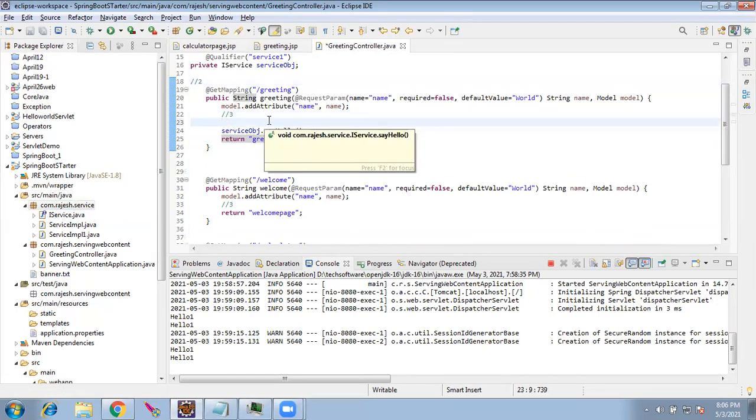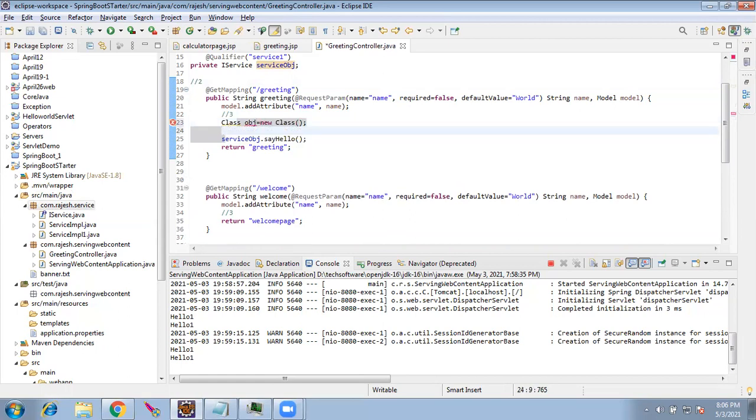We create a class object equal to new class, correct? Or interface object equal to new implementation class. These are the two ways you have studied so far, right? Yes.